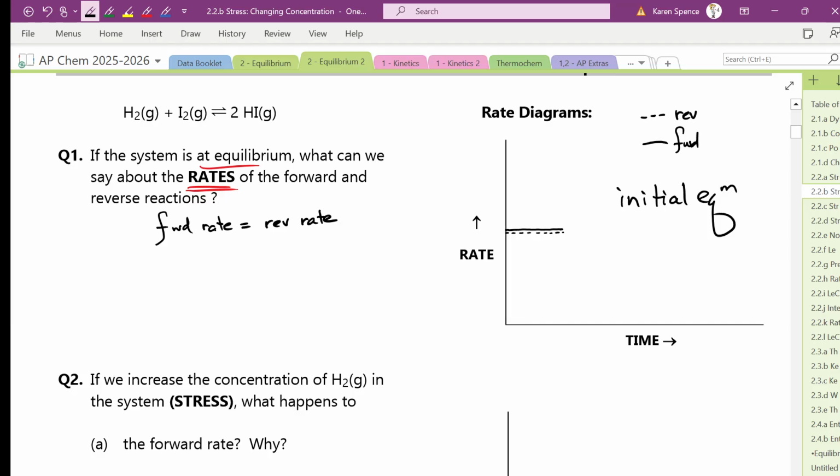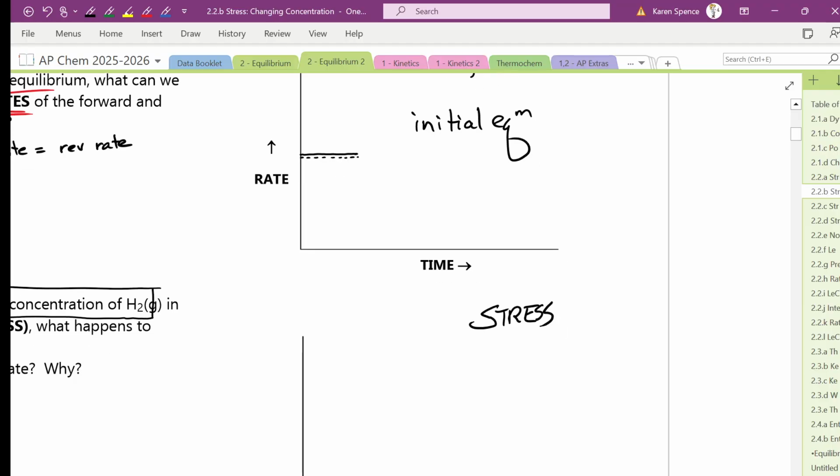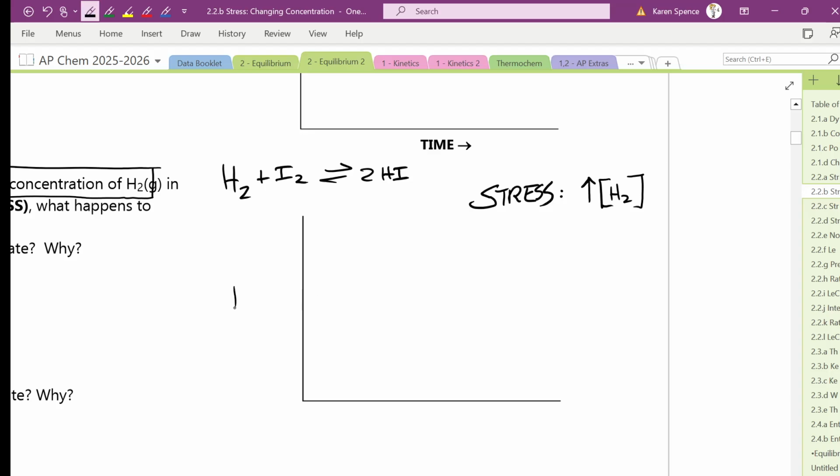And now, on our next graph, we're going to introduce the stress. And what is our stress going to be? It is going to be an increase in the concentration of H2. And I'm just going to rewrite our equation here so it's right in front of us, H2 plus I2 in equilibrium with 2HI. Rate goes on the Y, time goes on the X. We have the initial equilibrium where they are the same. And then during the stress,